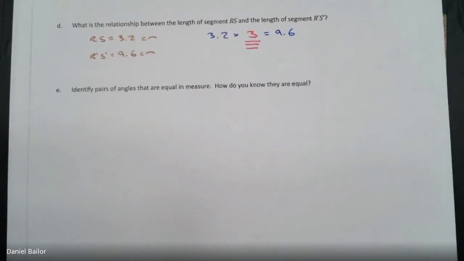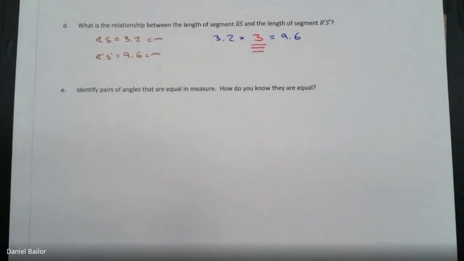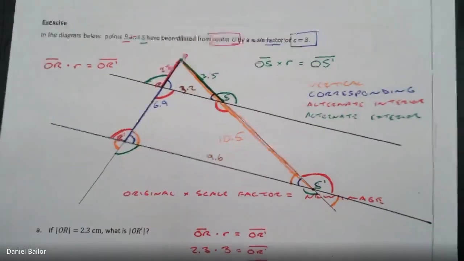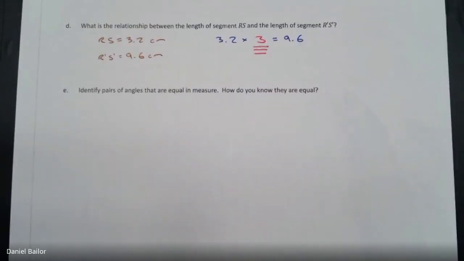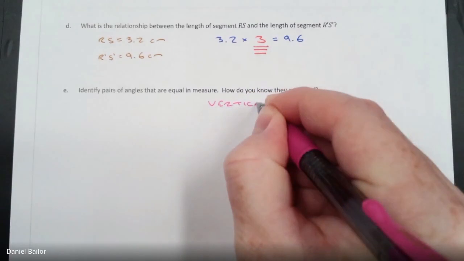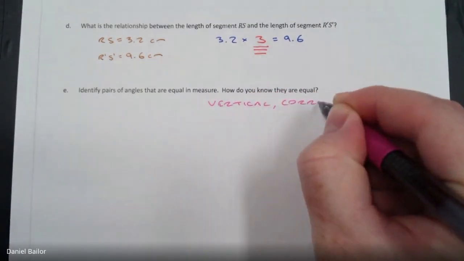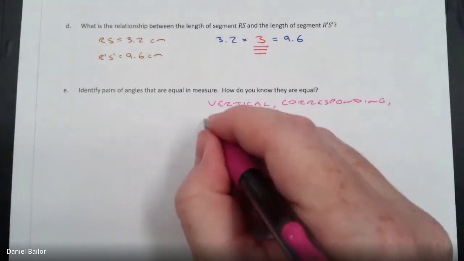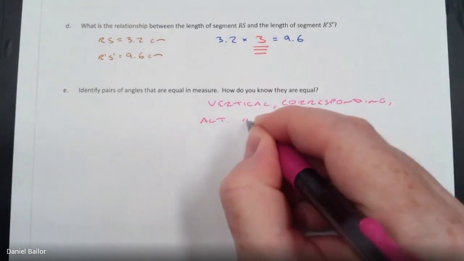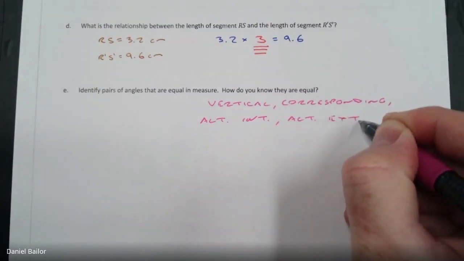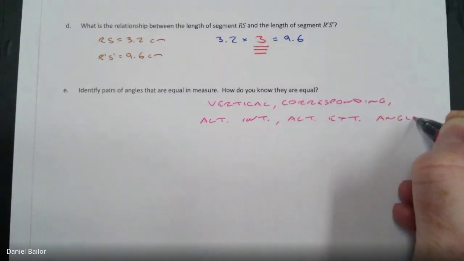So when it says identify pairs of angles that are equal in measure, you don't have to find all of them, but we did find a lot of them. And how do you know they are equal? This is where you just list vertical angles, vertical, corresponding, alternate interior, alternate exterior, angles